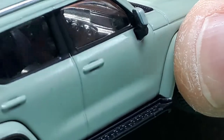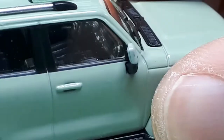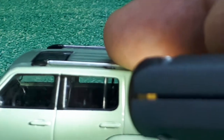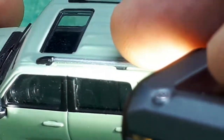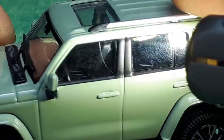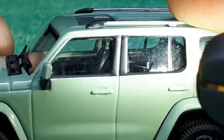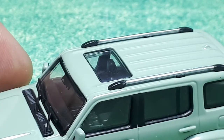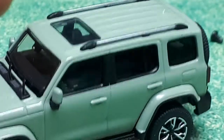Molded details. Not seeing any painted details like that other SUV, the BJ80 I reviewed. Hold on, wrong angle. I think the BJ80 also had a rear view mirror. This one does not. No, it does not. Door panels. Decent enough details. So it seems like this is just a standard black interior, on par with its pricing, I would say. On par with Power 64 and Kyosho and Mini GTs. Although Mini GTs are nowadays, some of them have colorful interiors, so...